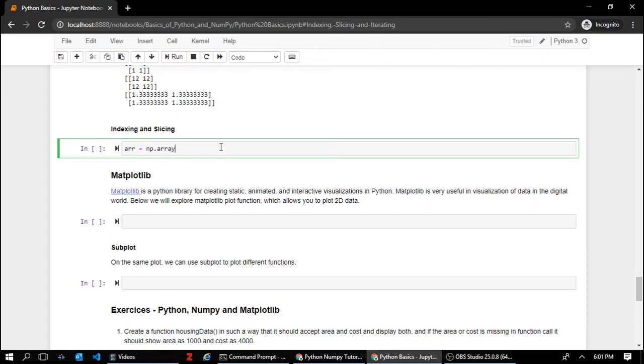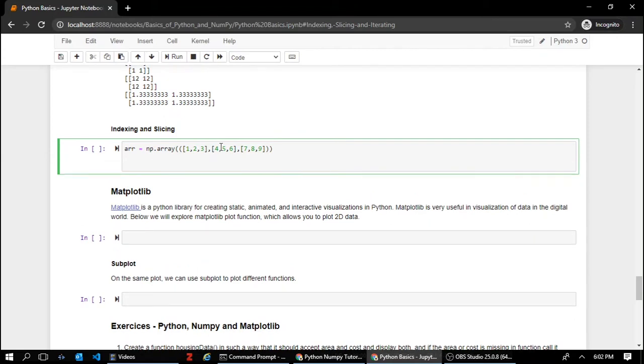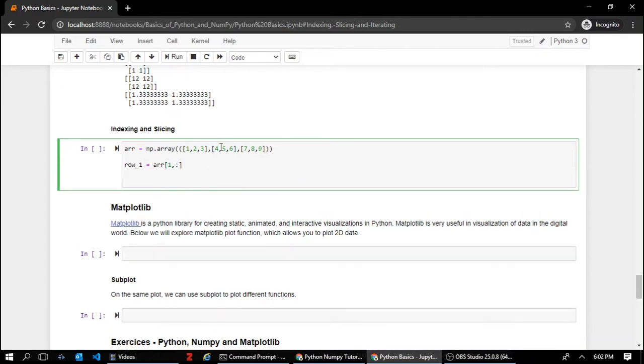Just like Python's other built-in container objects, contents of NumPy arrays can also be accessed and modified by indexing or slicing. We will discuss row and column slicing. For this we'll need a 3 by 3 array. Now we have created our array. So let's create a row index from this array. Now we'll want a rank 1 view of the second row of our matrix. So we will index it using 1, comma, all of the values in that row.